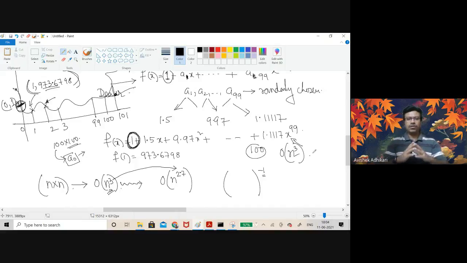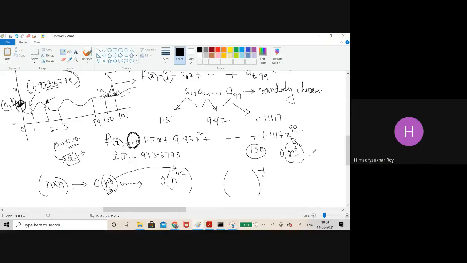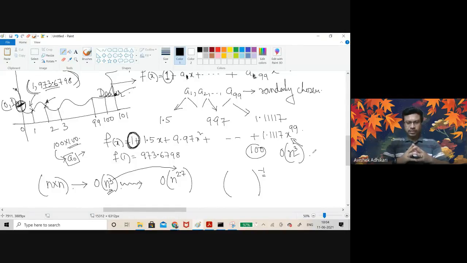Is the idea clear to all of you? Sir, why are we calling A0 the secret? The whole polynomial is secret. Yes, the whole polynomial is secret, but the point is,